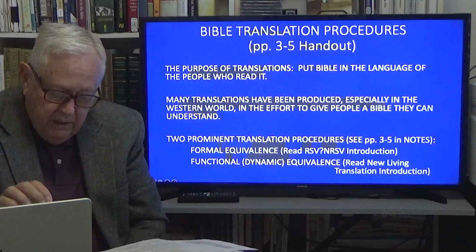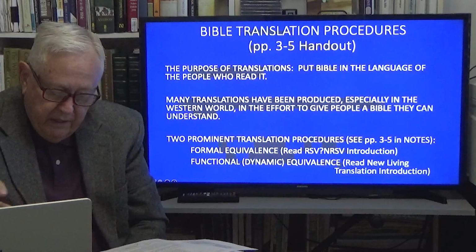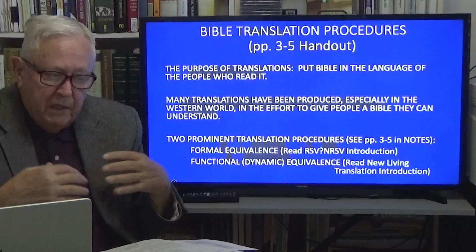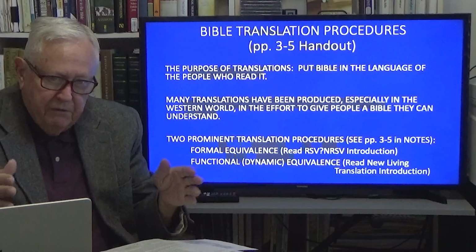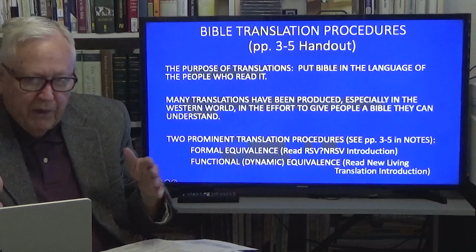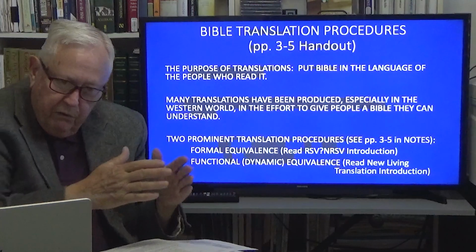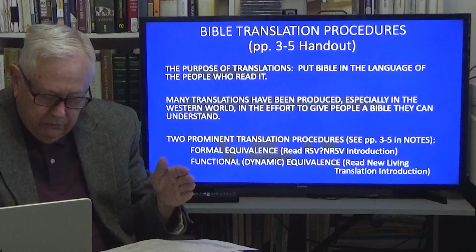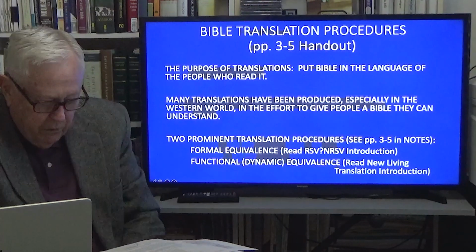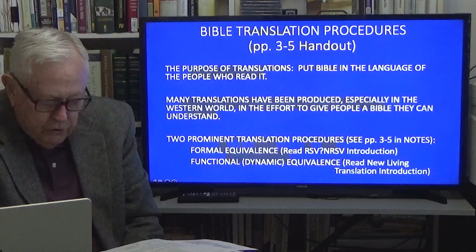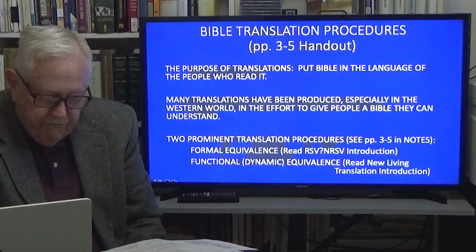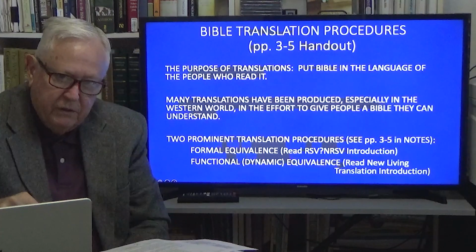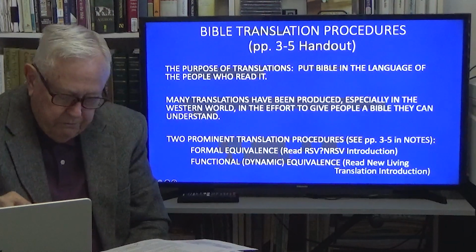Because the King James and the NRSV are formal, the NIV and the NLT are functional. And so for an English-speaking person, you move from left to right. If you're in Israel listening, you're going to move from right to left. But you got the idea. We want to move from the most formal to the most functional. And the NLT would be in that category. You'll see in the chart in a moment. Okay? So you choose a continuum for your Bible study, and you can vary it, but you cannot vary from the issue of formal and functional. You cannot vary from that. If you do, then you mess up your comparison.